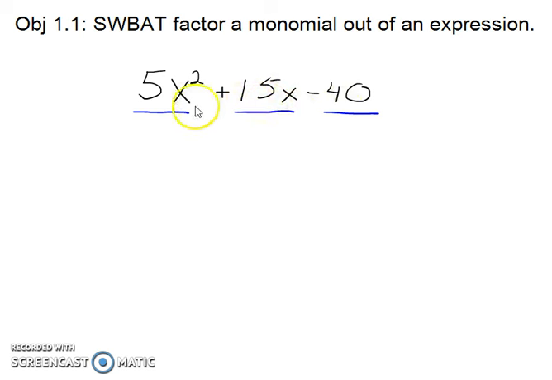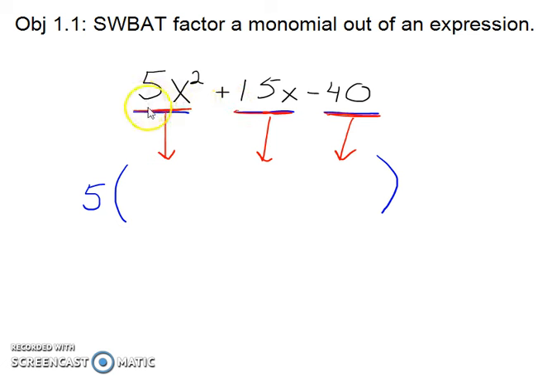And really what you should notice pretty quickly is that each of these has a 5 in them. So the monomial that we're going to factor out is just 5. That's the only thing that all three of these have in common. And the way we write that is whatever the common factor is, you write that in front of an entire set of parentheses. I'm going to change color here. I want you to notice that this term is going to end up right there. This term is going to end up right there. And this term is going to end up right there, except that all of them will have the 5 that was in them removed. So if you have 5x squared and you divide out a 5, you just have x